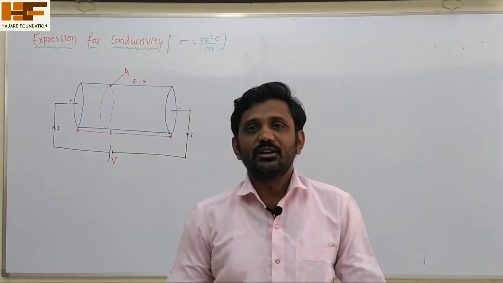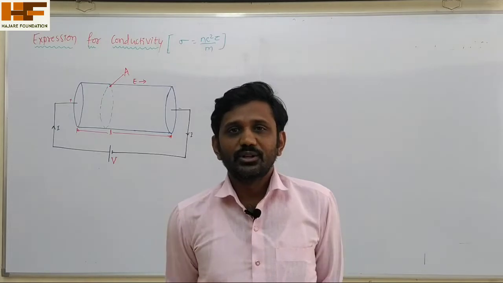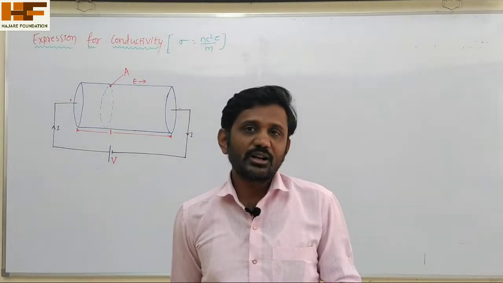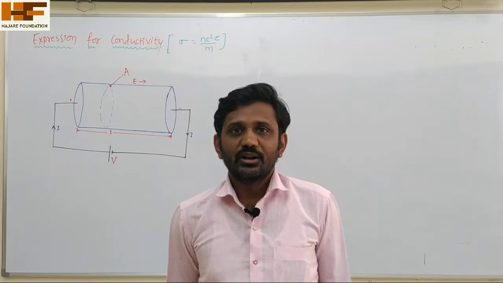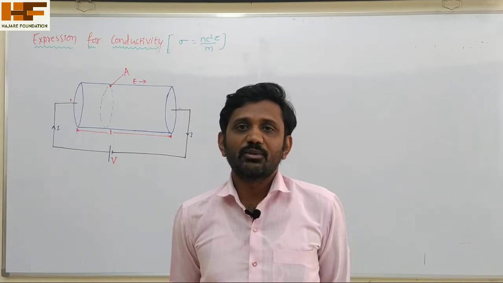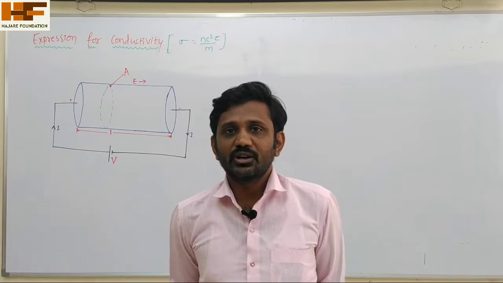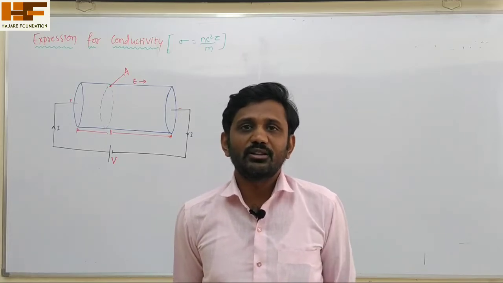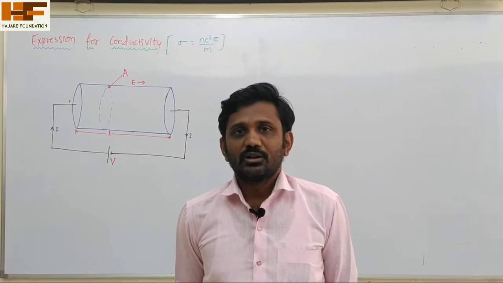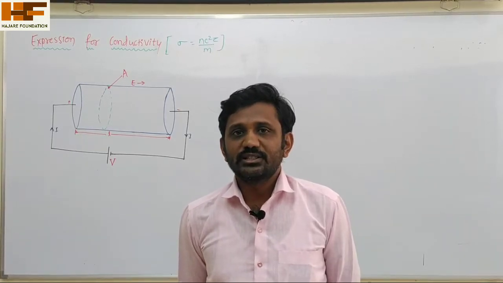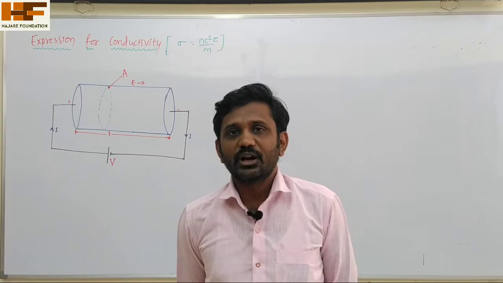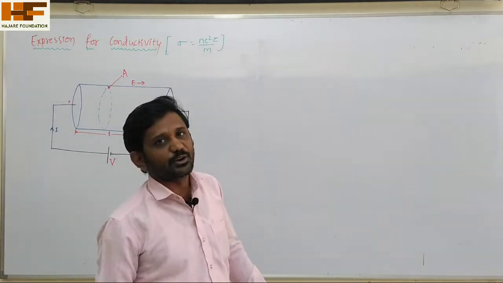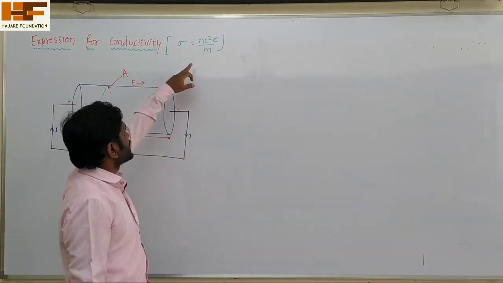Hi my dear students, in the last class we discussed the relation between current and drift velocity, and we derived another one, the relation between current density and conductivity. Now in this class we derive another expression, that is the expression for conductivity of the conductor, sigma is equal to n e square tau by